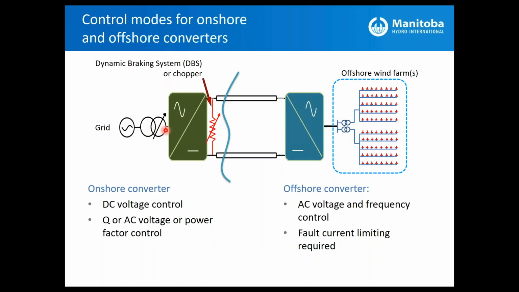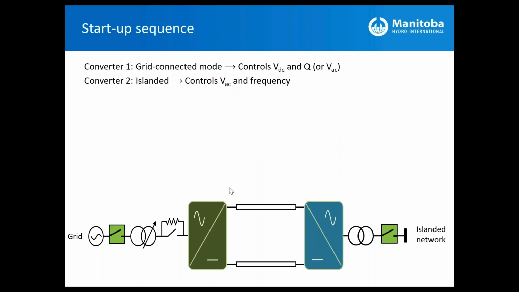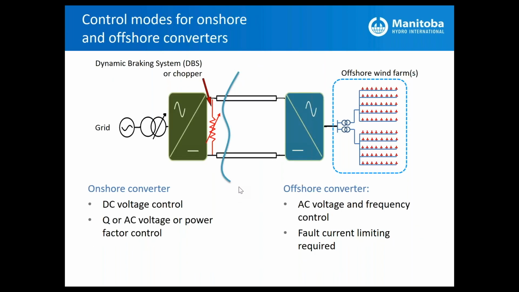There is nothing to communicate this fault to the offshore in order to dissipate that excess power imbalance between the offshore and onshore system. There is normally a dynamic brake system or a DC chopper installed at the onshore bus. How does it help? I will show you in an example shortly. Also, if we look at the sequence of startup, the DC voltage is maintained by the AC voltage. So you need to